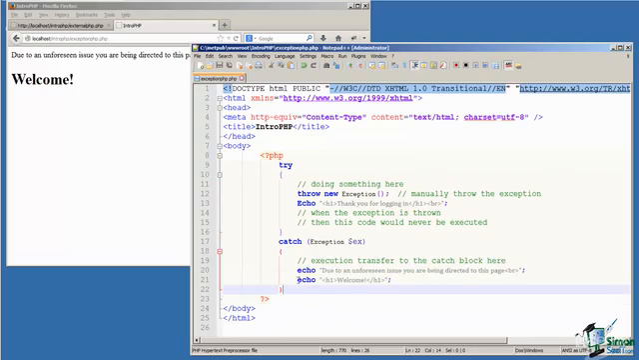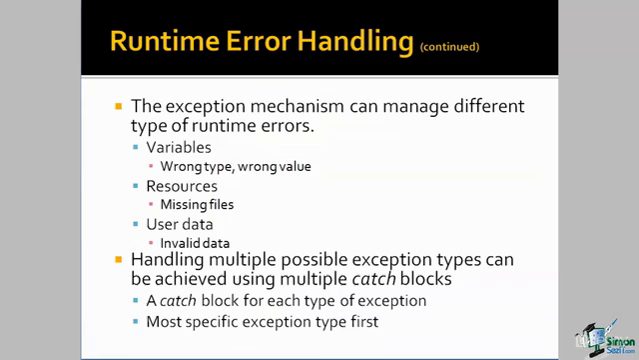Once the catch executes, if we don't redirect to some other part of the code by calling a function or some other transfer of execution, then the flow of execution will continue with the code that follows the closing brace of the catch statement. So the exception handling mechanism can manage multiple different types of exceptional circumstances that might happen